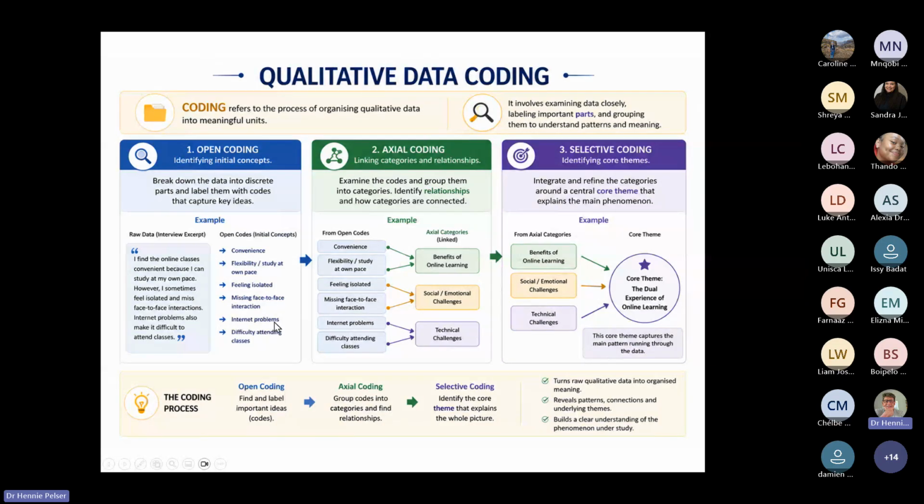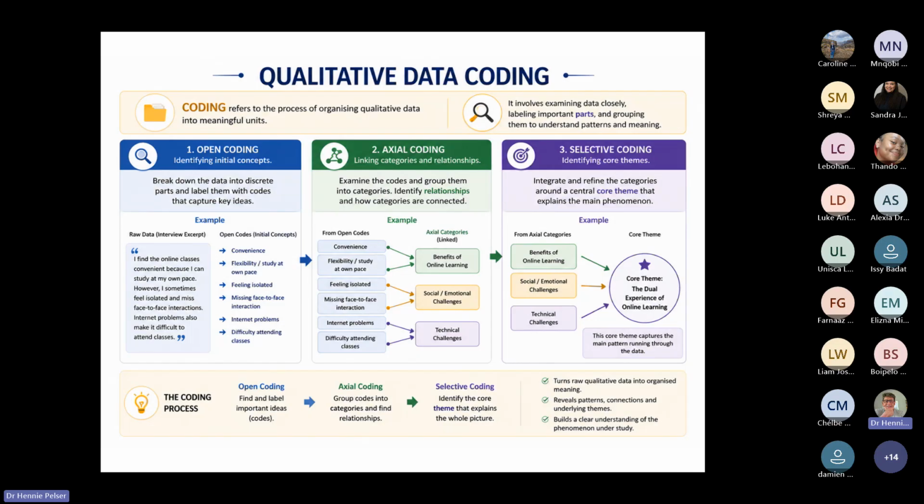So you'll see that many codes, and obviously a lot more information from your transcripts, will summarize into fewer categories, which will summarize into a single theme. Now, remember, once you've got all your transcripts done, you'll find that there will be multiple themes that you will end up with.